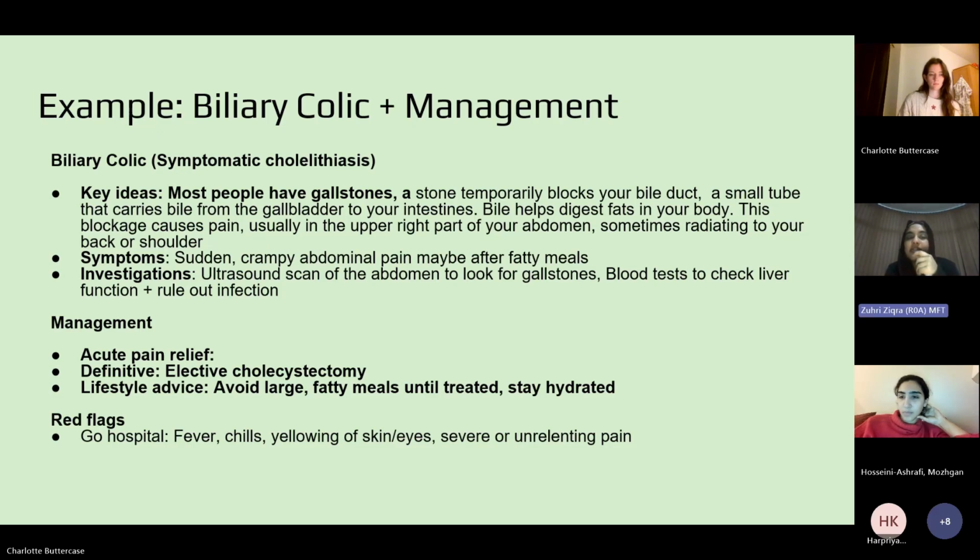Yeah, so symptoms, you would have taken a history anyway, so you could have just linked it back to their history. So, oh, you mentioned you get this crampy pain after meals, especially. Maybe it was fatty meals, and then say those are the main symptoms. Investigation-wise,